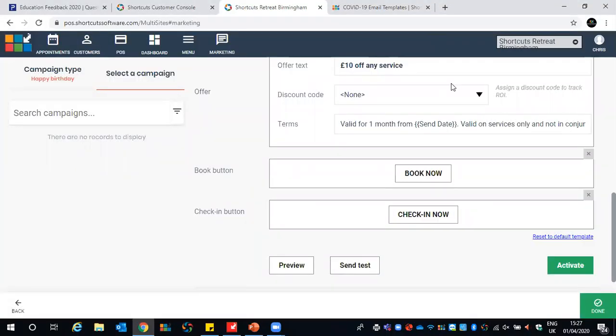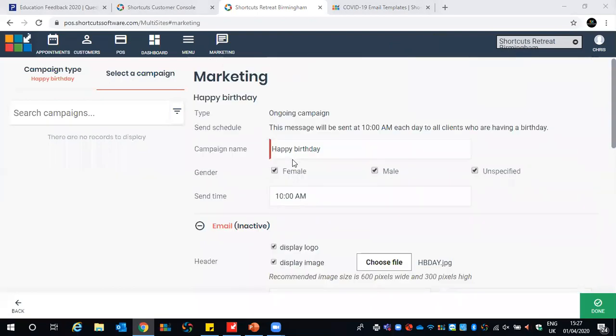Perfect. And that is our ongoing campaign. So they're the campaigns that will be continually sent out like we had in Gcast. What I'm going to show you now is some once-off campaigns. This campaign will only be sent out the once. So these are typically a little bit more seasonal, or of course, like what we're witnessing right now, a bit of a life event, shall we say. So these are once-only campaigns. They'll purely be sent out the once.